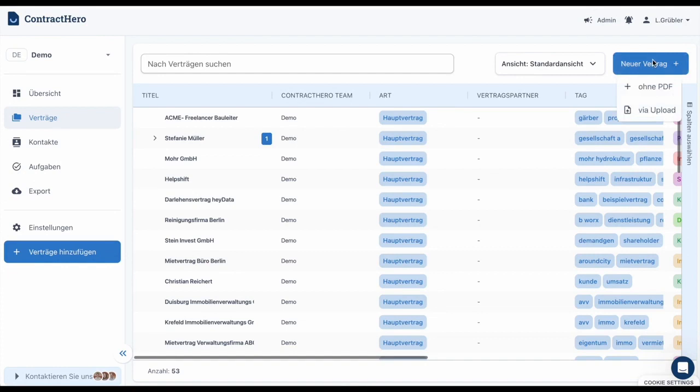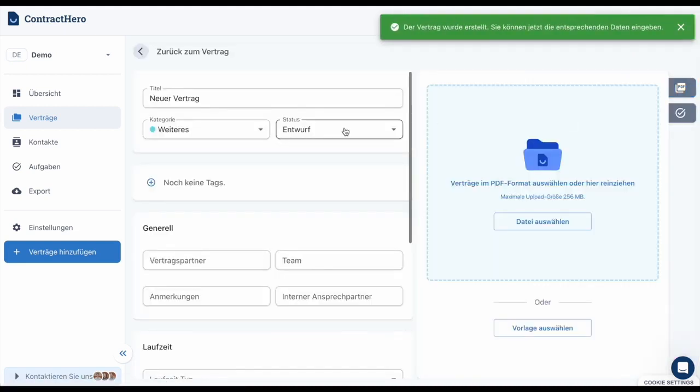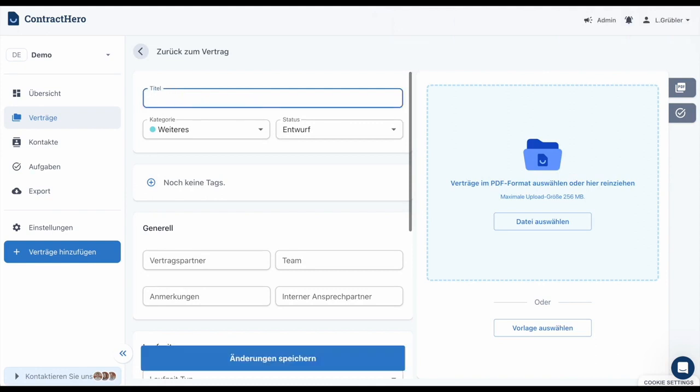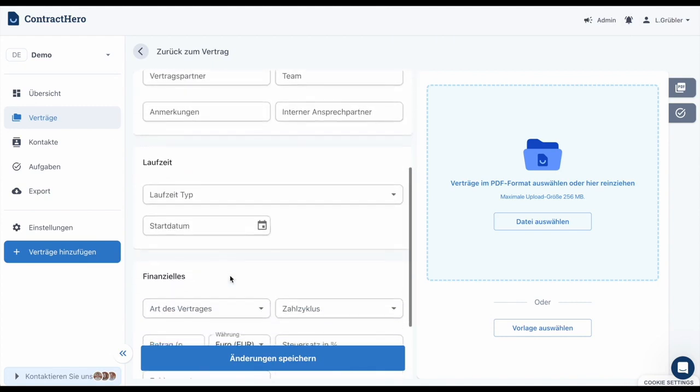However, I will demonstrate another small method. It may also occur that initially you want to create a contract without a PDF or any additional information because you are aware that a contract will be forthcoming shortly. Then you go over Contracts. Here, in the upper right corner, you can also see this blue button New Contract again, and then here without PDF. So you have the ability to create a brand new contract, for example a contract for the future, and you have the option to at least document the first set of information that you already possess or do not possess, and you simply state, I will save it for the time being,